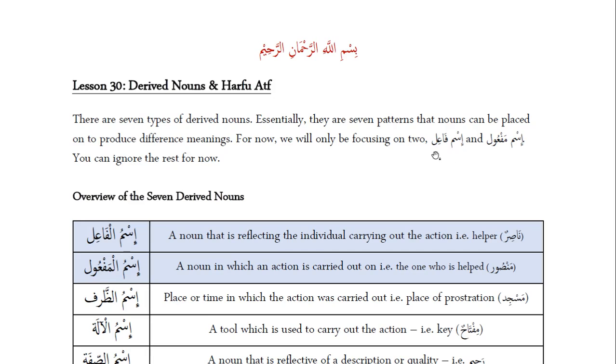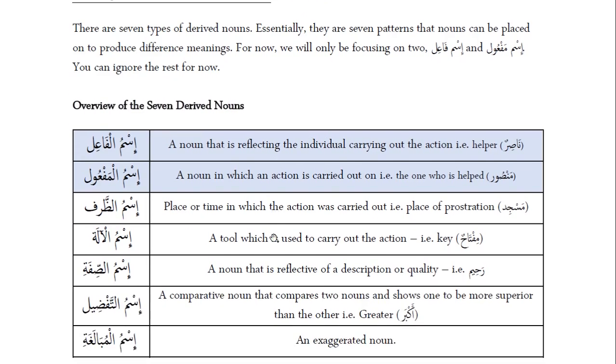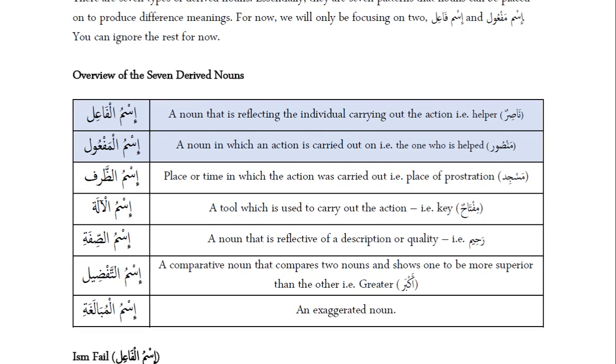And the two that we'll focus on for today is ism fa'il and ism maf'ul, right? Which aren't things that we're not uncommon with, right? That we don't know. Actually, we know them in some way, so we'll be looking into it a little bit deeper. So this is the list of the 7 derived nouns that Sheikh went through very quickly, right? Today our focus is going to be on these two, so I'm just going to read through these as a